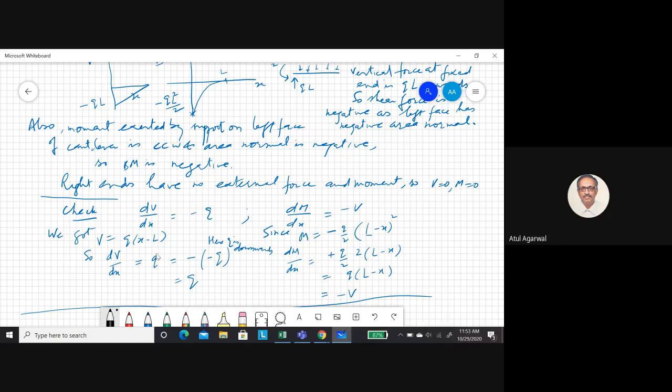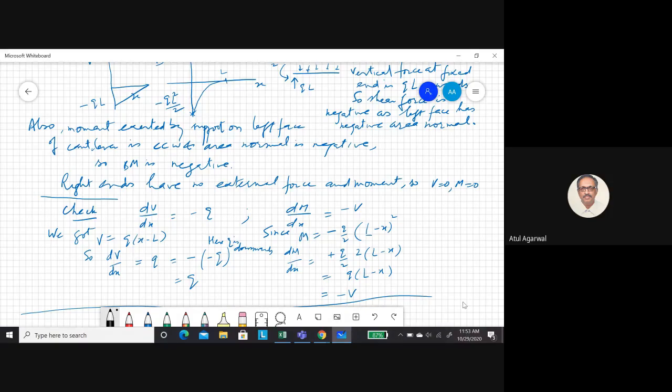This is from the formula, from the equation. And this Q is actually, in this case, minus Q. Same for the slope of the bending moment diagram: minus V. Your V, we already found, is Q(x minus L). So you put that value. Look at the moment curve and take the derivative. You will see it is matching with this. It is Q into (L minus x), while here V is this.